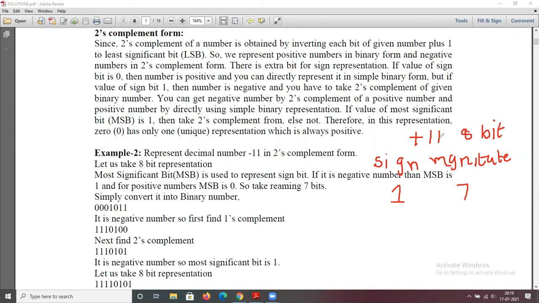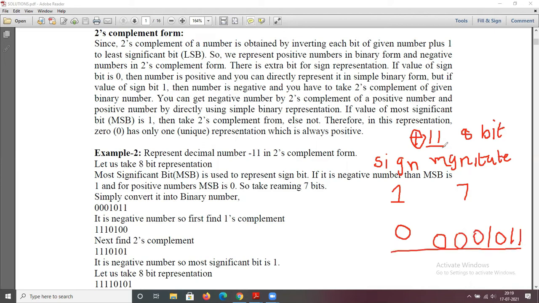For all positive numbers, the sign is represented with 0. Now convert 11 into binary: 1, 0, 1, 1, with the remaining zeros. This is the 8-bit representation of plus 11.